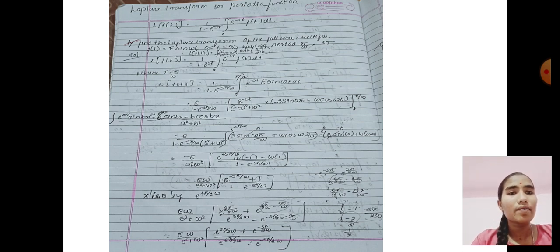Here, e to the power of minus s pi by w of (minus s sin pi plus w cos pi), minus e to the power of 0 of (minus s sin 0 plus w cos 0),